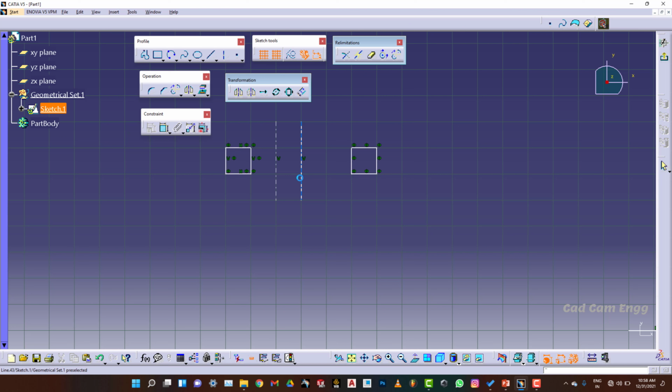I'll select this line as the mirror point. So at exactly the same distance from the line, on the opposite side, another body came. Okay, this is my mirror tool. If you have any construction line, you can use it with this also. I want to mirror this object from the construction line, so it has mirrored.